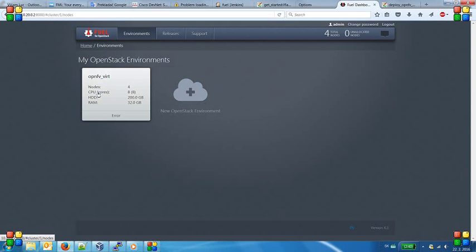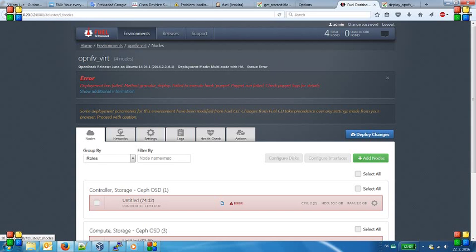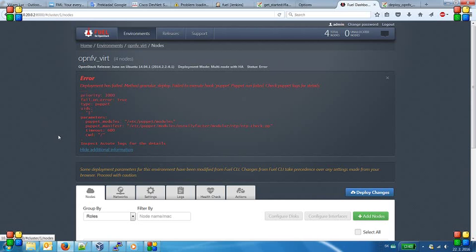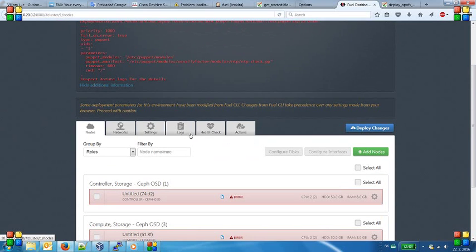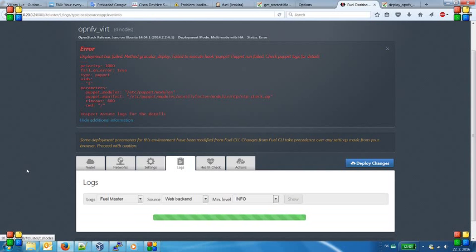If we open it, yeah, we see deployment has failed, something was wrong. So basically we need to see additional info. This can tell us what happened. Here it says inspect astute logs for the details. What does that mean? Where can we find the astute logs? It's pretty simple. It's on the logs tab, and